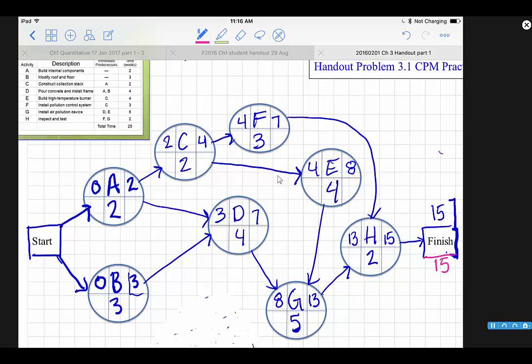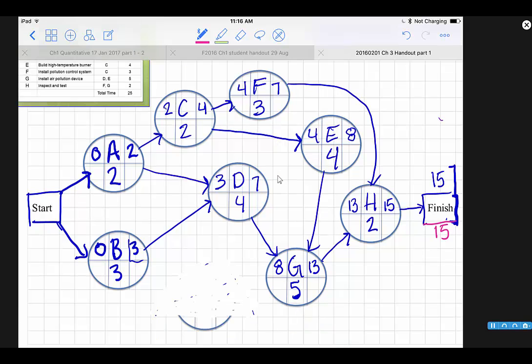And I'm going to do the backwards pass in pink, just to be consistent with the other page that we had. So first thing we have to do is take our finish time and bring this over to the last item, that last activity that we had dealt with. So in our case it's 15, it's H here, and we're going to put 15 here. And we take 15 and we subtract 2 from it, and we get